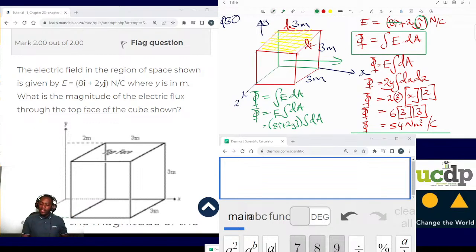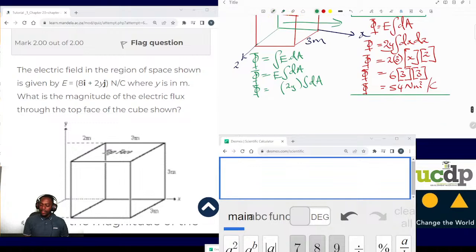So the electric field in the I direction is not perpendicular to the top surface. Hence, it's not contributing, right? So which means it's out. So we remain with our electric field contributing to the flux as 2y integral of dA,